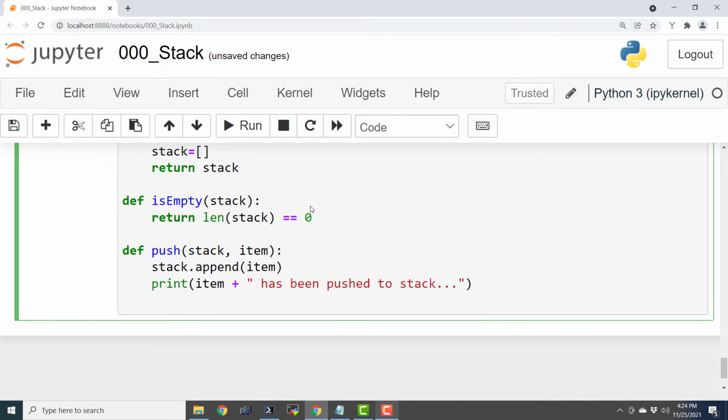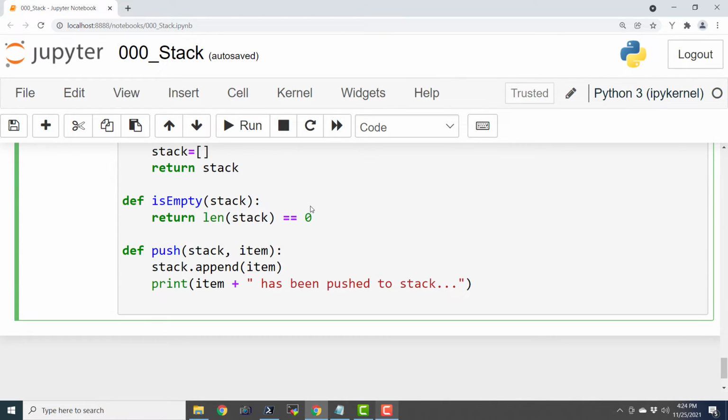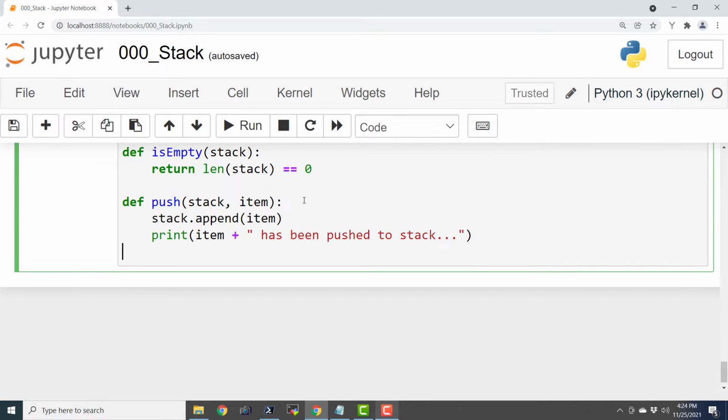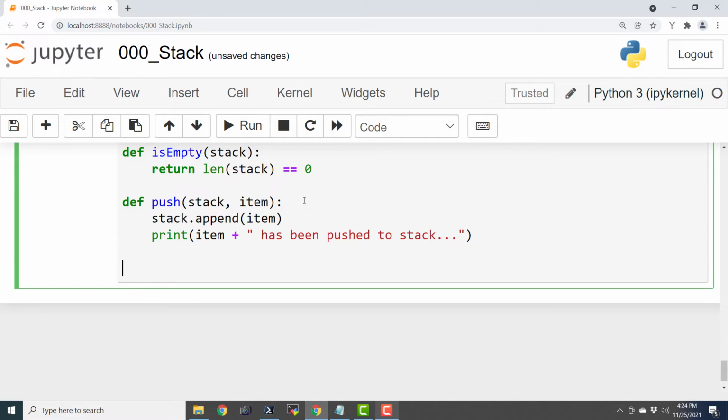We are just using the append operation of the list to push the item. We have already seen the usage of append in the very first episode of this series. The only thing is that we are writing a wrapper around all that functionality so that we can have nice sounding method names or function names for working with our data structure. So essentially this is the same program we saw in the first episode of this series.